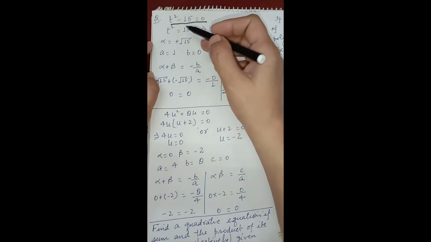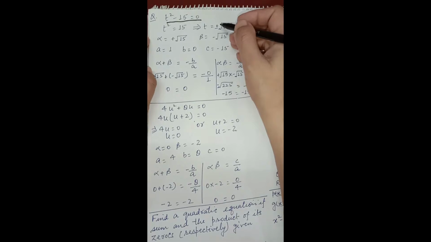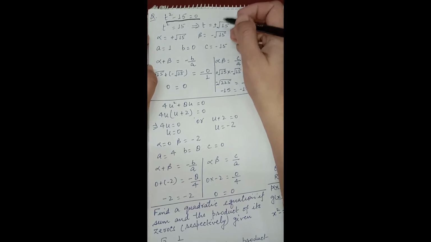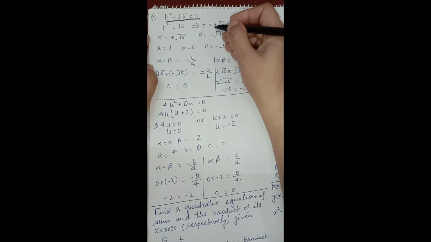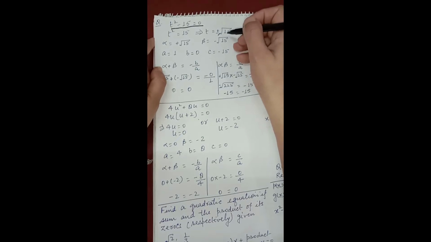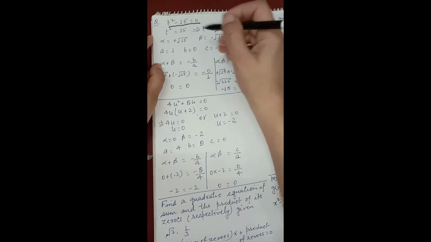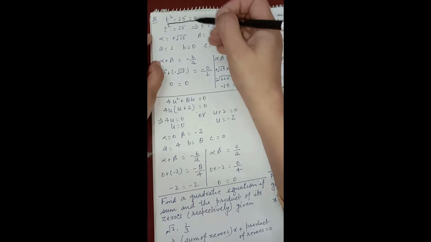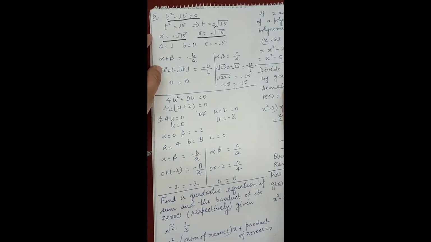So we'll solve it. t square equals to 15. On further solving, we will get t equals to plus minus root 15. Whenever you find the square root, always put both plus and minus, because you don't know whether it was positive root 15 or negative root 15. While squaring both positive root 15 and negative root 15, you will get 15 only. So we will take both sides. We'll take alpha as plus root 15 and beta as minus root 15.